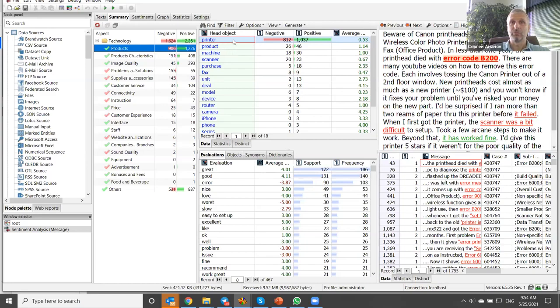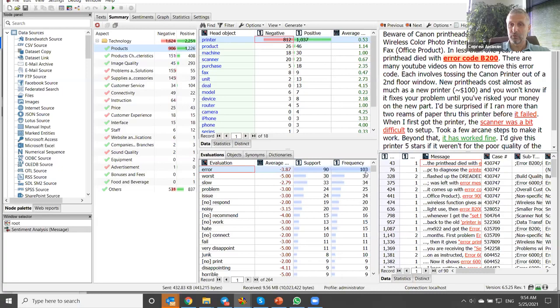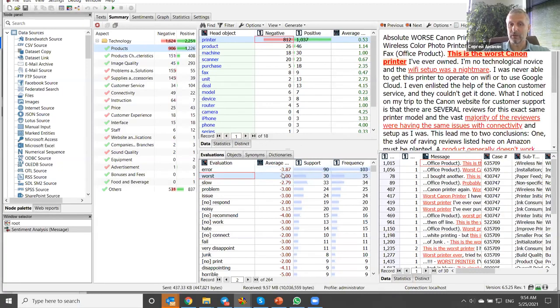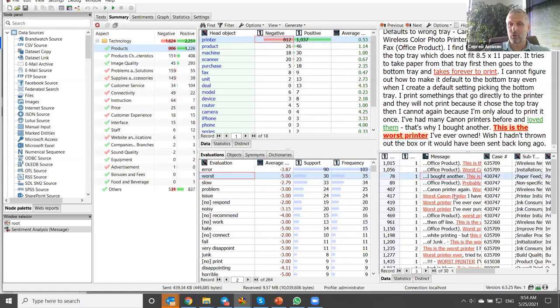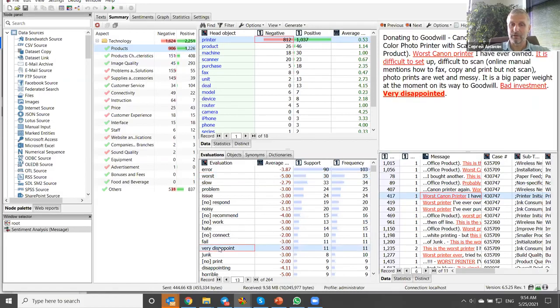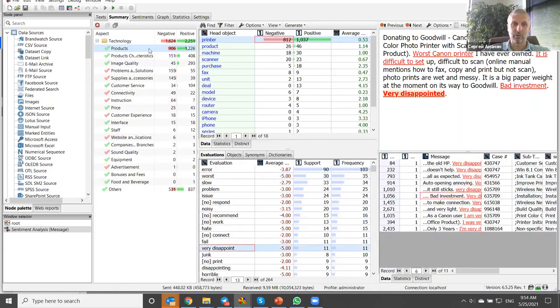We can click on printer, and these would be the evaluations: there is error, and there are quite a few of these. There is something is worst. Worst, as you see, is -5. These are very unhappy people. All of these things that you see on the right, we are extracting these elements from them, or they are very disappointed, and so on.